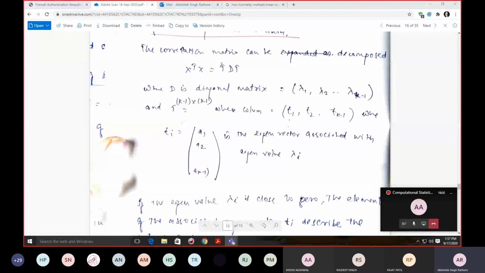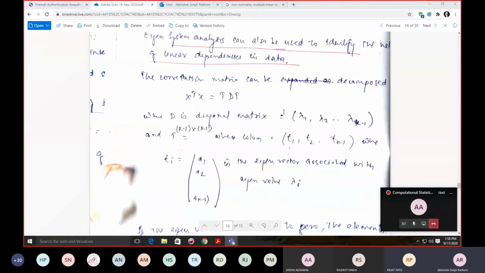So any multiplication of anything, like we have a matrix, this is 0, so lambda 1, 0, 0, 0, then 0, lambda 2, up to k minus 1 value. So this is the matrix, and after the decomposition, the matrix that remains is my T matrix. So what is this T matrix? This T matrix usually holds the eigenvectors associated with these lambda 1s. So this T contains your eigenvectors and these lambdas are your eigenvalues. Fine. Yes, sir. Okay. Fine.